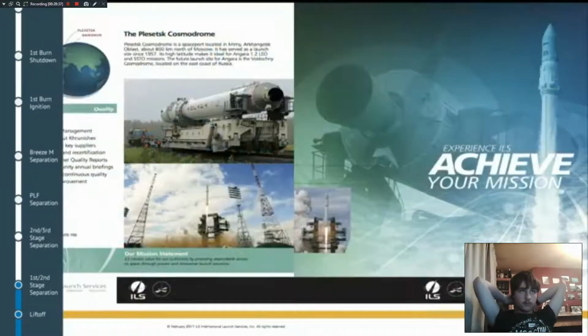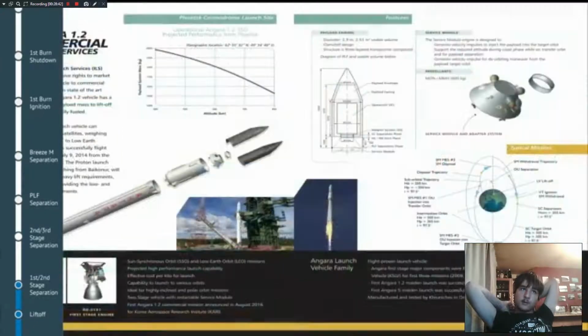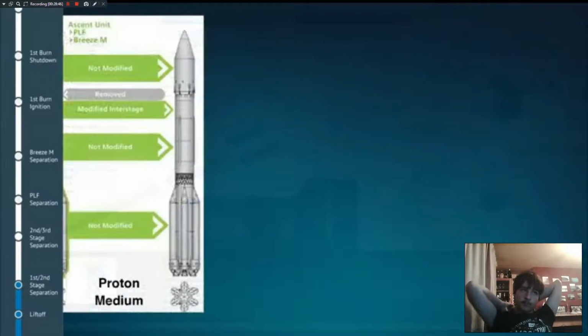that two-stage vehicle. The Proton Medium was the clean-sheet response to the evolving launch market to provide launch service capability to the mid-range mass properties of communication satellites. Many satellite operators are now building all-electric or hybrid, which is a mix of chemical and electric propulsion, satellites for operations. This is due to the maturity and reliability of the electric propulsion systems that have been developed in recent